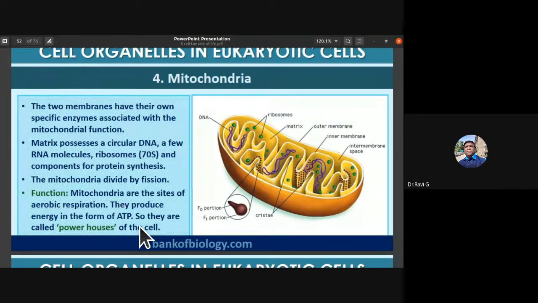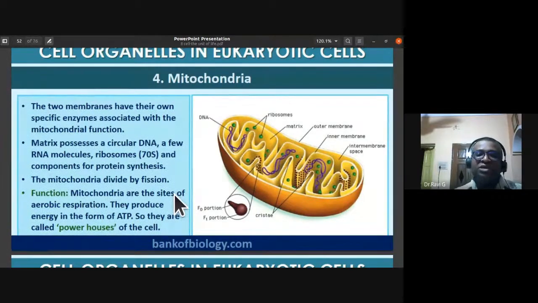What I told you about glycolysis, the Krebs cycle, and the electron transport system, we'll be discussing in the physiology part, plant physiology, respiration topic. I just gave you an introduction so that later you can correlate with this. The Krebs cycle takes place in the matrix of mitochondria because all the enzymes required for the citric acid cycle are present in the matrix. The terminal oxidation takes place in the Racker's particle or its F1 portion.